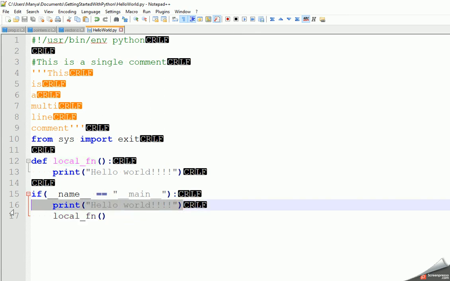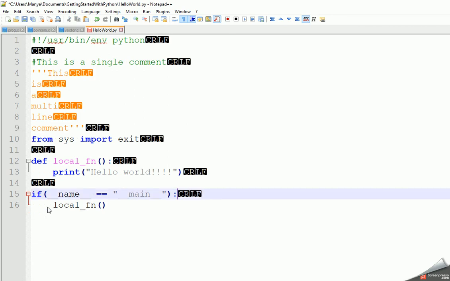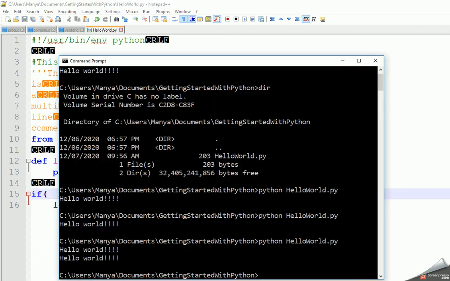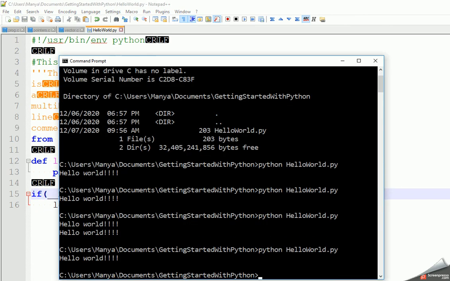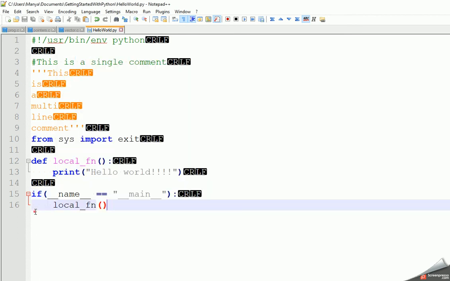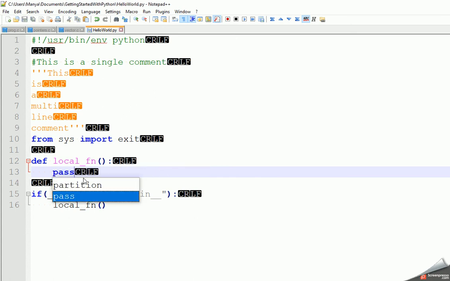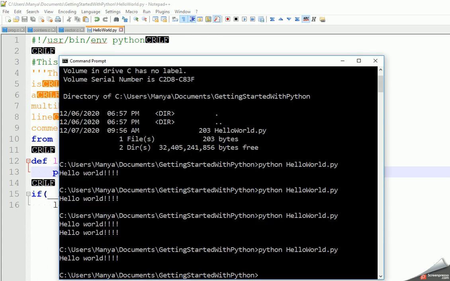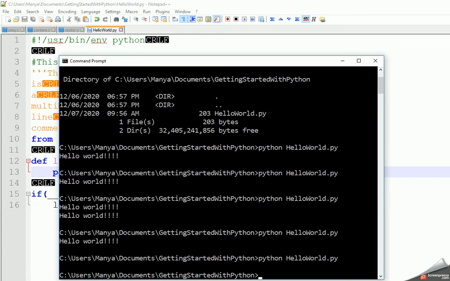If I remove this print from here again, the script will print hello world just once from the body of this function here. And if I don't do anything from this function, simply there will be no output from the Python script.